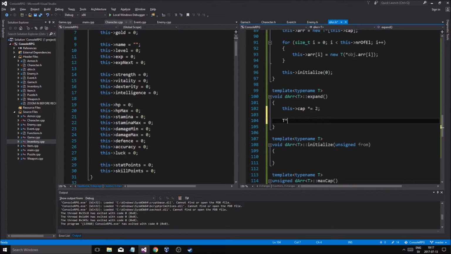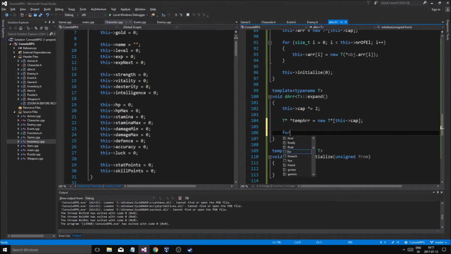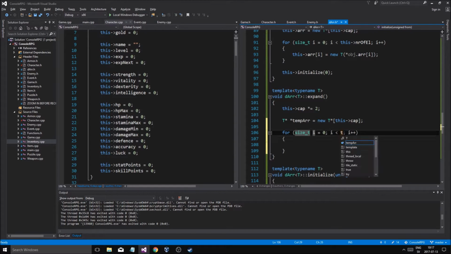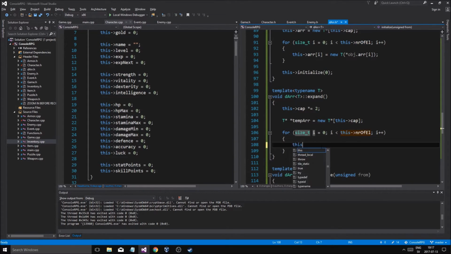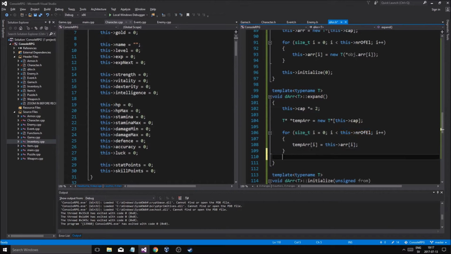T pointer temp. Temp array equals new T pointer this cap. So we have a new pointer array. Then we're going to copy everything over. This number of elements. Temp array at position I equals this array at position I. So all these pointers are going to point to everything our original pointer array is pointing to, basically. So we'll save those. Then we'll delete